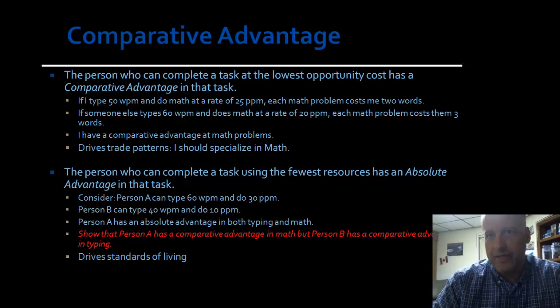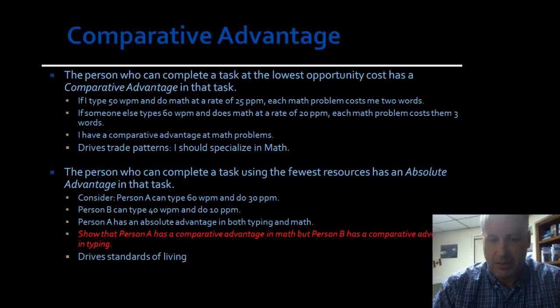In the previous discussion, we noticed that we grow lots of oranges in Florida and lots of corn in Illinois. That is because of the comparative advantage and relative opportunity costs of those 2 different states in the production of those 2 goods. The person who can complete a task using the fewest resources has an advantage in that